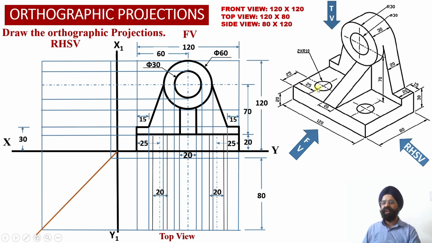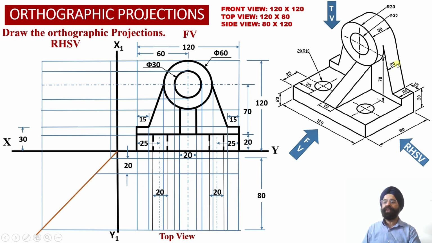Now another thing we know is that these two circular holes are not visible to the observer from the front side. So we will obtain hidden line projections corresponding to these two circular holes in element number 1. Now we know that once we look at the solid from the top,